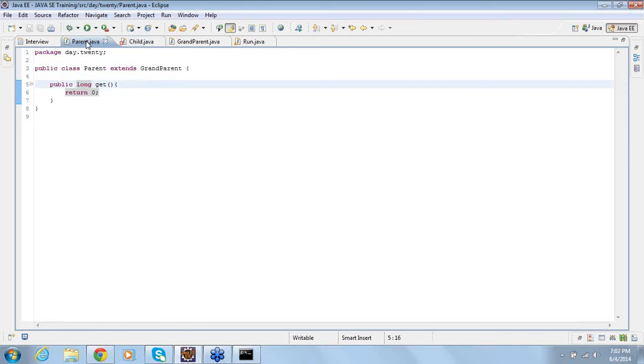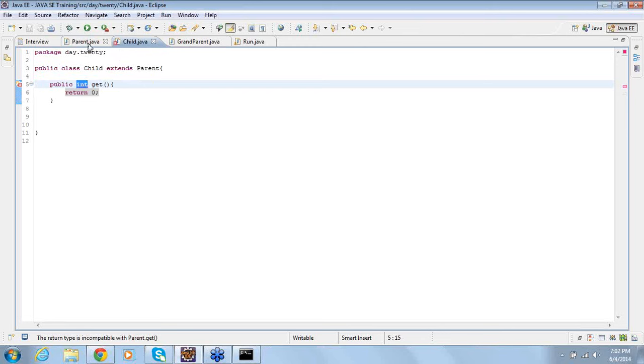Long is higher; long memory size is 8 bytes, int is only 4 bytes. So the parent is having a long and the child is having int, but still it says it's incompatible.